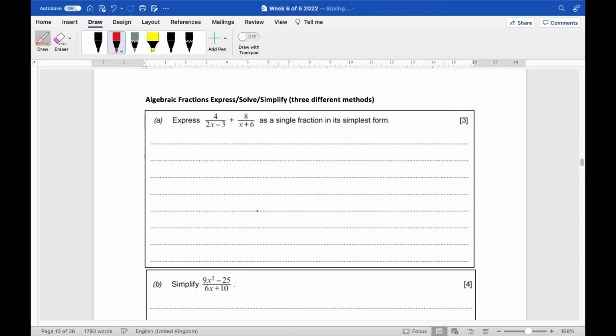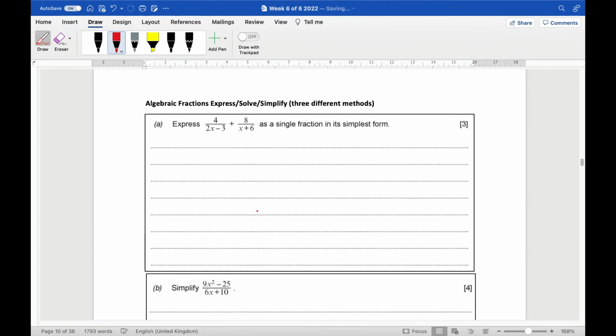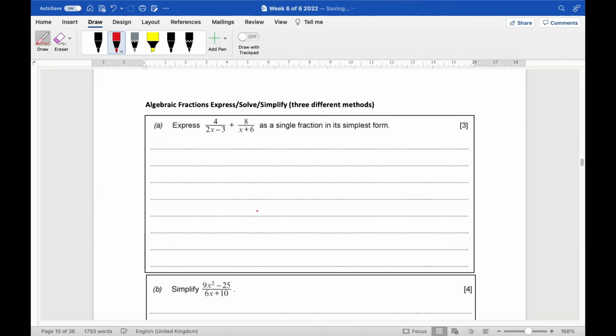Okay, on to algebraic fractions. Something like this one, okay? Right. So what you're going to do here is 4 times this plus 8 times this on the top. Cross multiplying is called. 4 times the bottom of that plus, because that's what in the middle, 8 times the bottom of that fraction. Okay, all over,